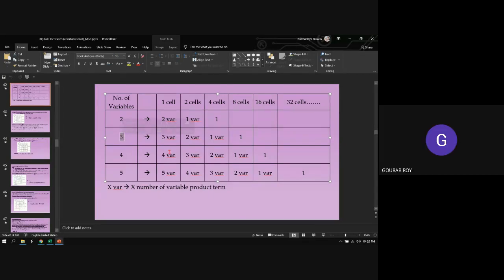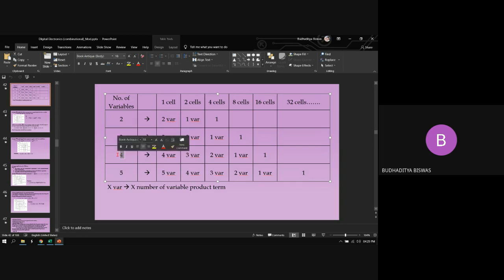Yes sir, 3 variables, 8 cell grouping. 8 cell grouping means every cell is filled up by 1. What is the meaning of that table? That is the single cell. So single cell grouping means it actually generates 3 variables. Double cell grouping means it actually generates 2 variables, like the expression for J2, Q1, Q0. 4 cells grouping means 1 variable only. But 8 cell grouping means every cell is filled up by 1. 8 cells are there for 3 variables, only 8 cells. So 8 cells are filled up by 1. So that is the biggest group, and the value is 1.